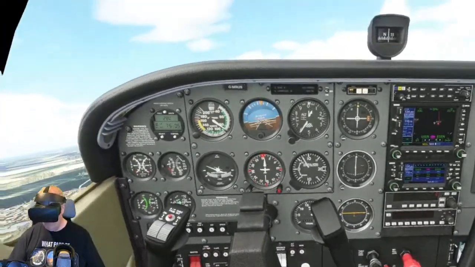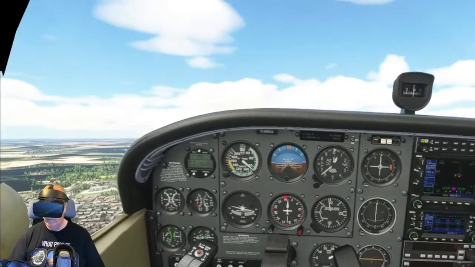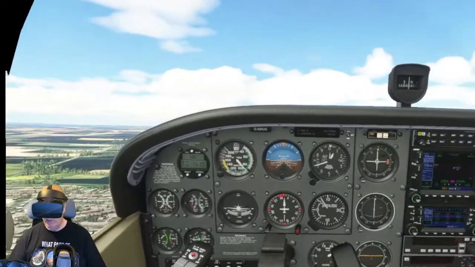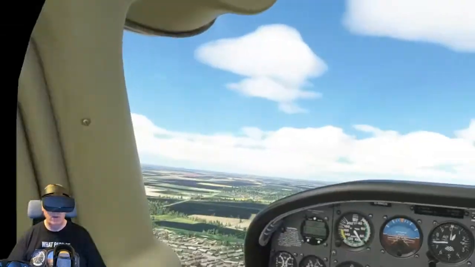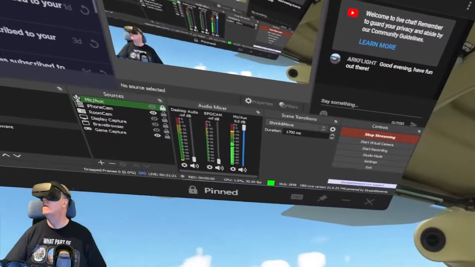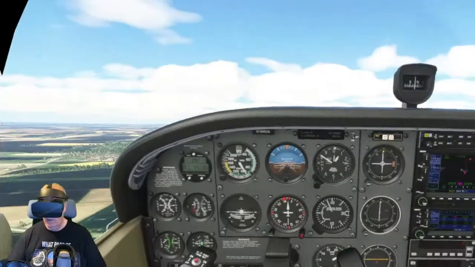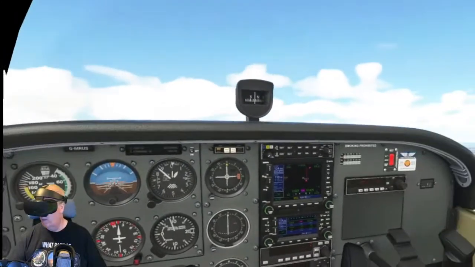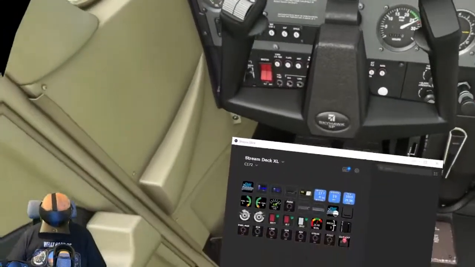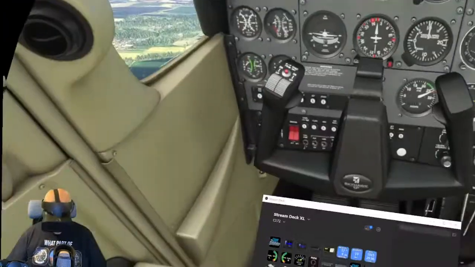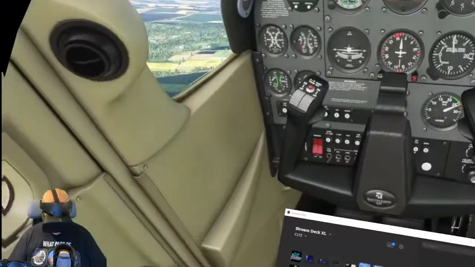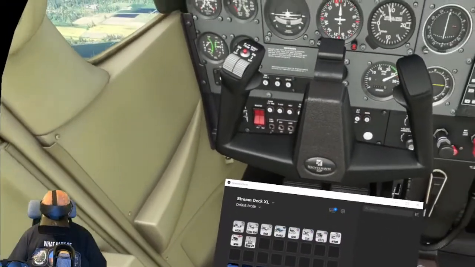Trim up a little bit. Good. Speed, trim up a little bit more. So I could switch the autopilot on now, but I'm not going to. And again, if I want to look at what's happening on the Stream Deck, I can look down there. I do have, if I go back to Flight Simulator there, down the bottom,